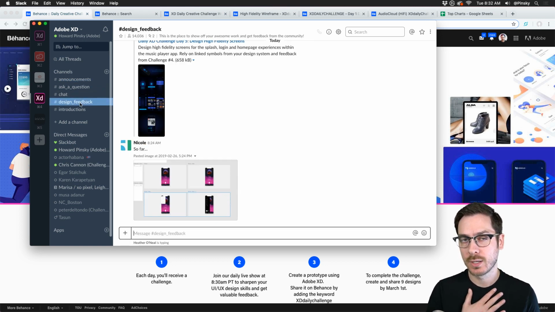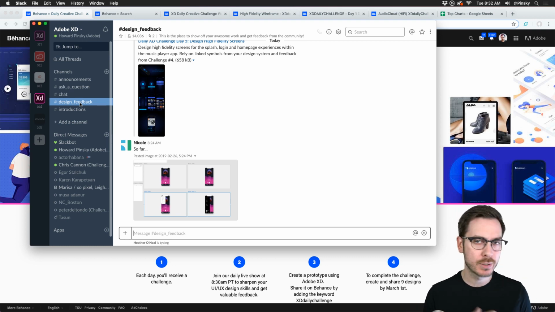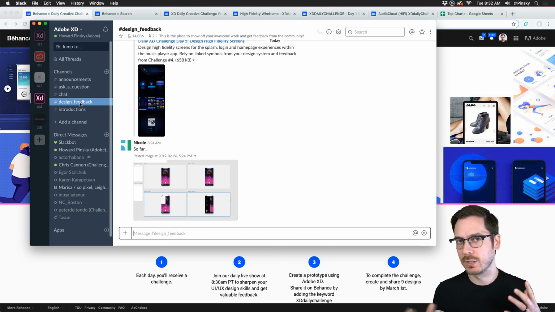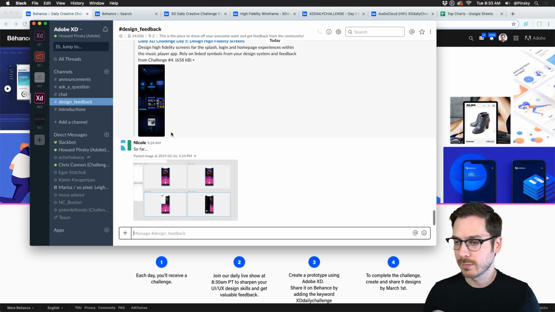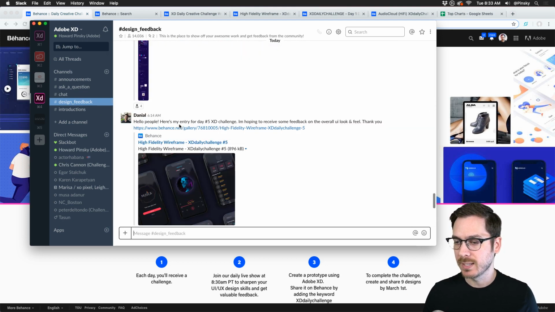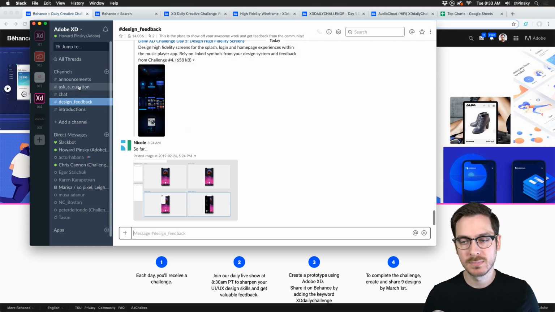And if you are looking for feedback, definitely let us know what you're looking for feedback on, whether it's colors, character styles, user flow, whatever it might be. Be specific, because our mentors are being pulled in all different directions by so many amazing designs that are coming in. So definitely let them know what you're looking for feedback on. And once you receive feedback, go ahead and give some feedback. You know, Nicole's looking for some feedback, and Rob and Daniel, hop in there. Tell them what you think.